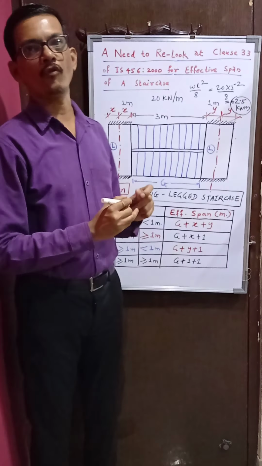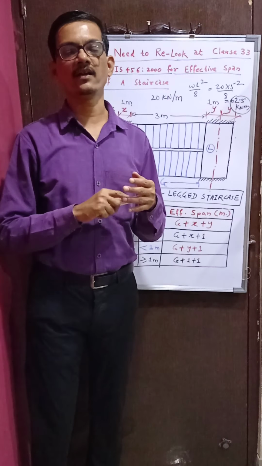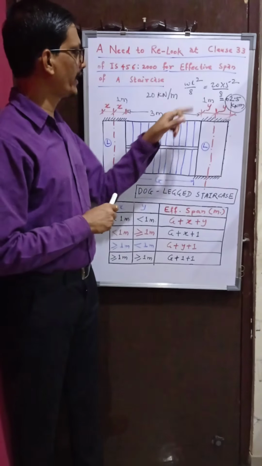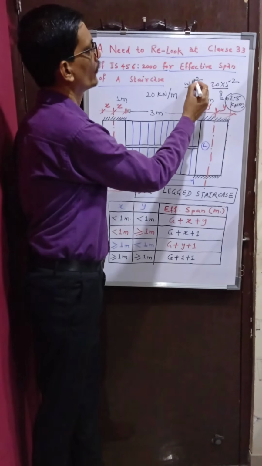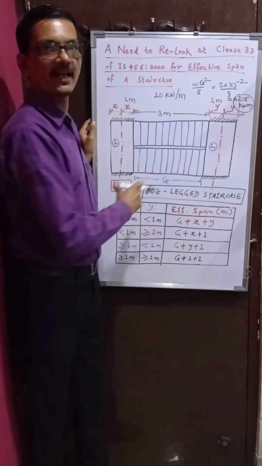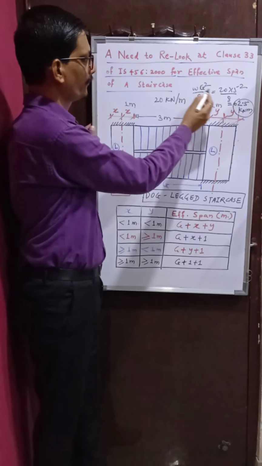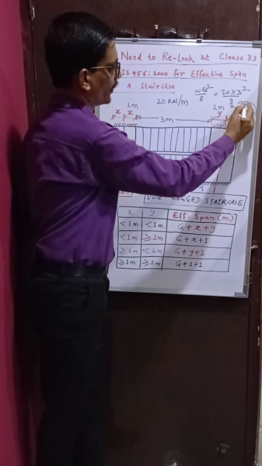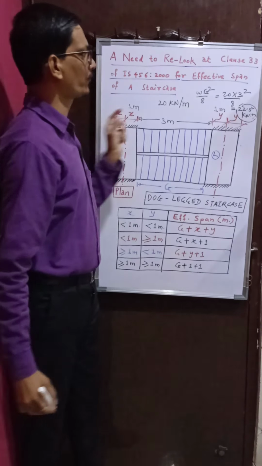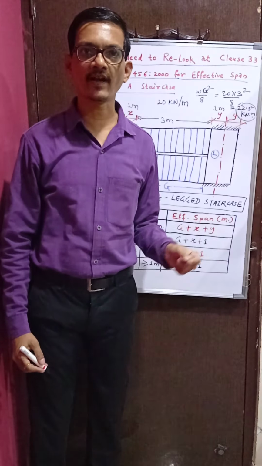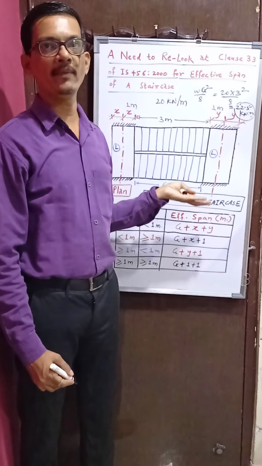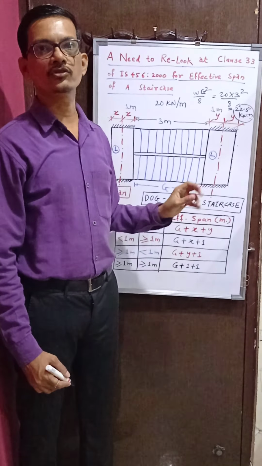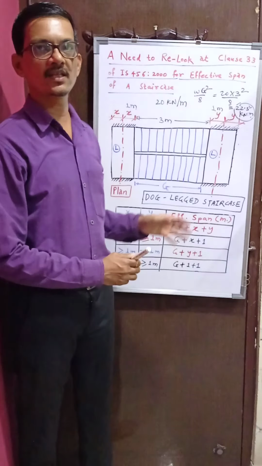But if you follow the finite element research done by Ahmad and his associates, then we come to know that it is only W G square by 8, because they proved that only the going can be taken as the effective span. In that case it is 20 into 3 square by 8, which is nothing but 22.5. So as per IS 456 2000, it is 62.5, whereas as per the finite element study done by Ahmad and his associates, it's only 22.5, and their research is already included in the Bangladesh National Code, but still Indian Standard is continuing with this clause.